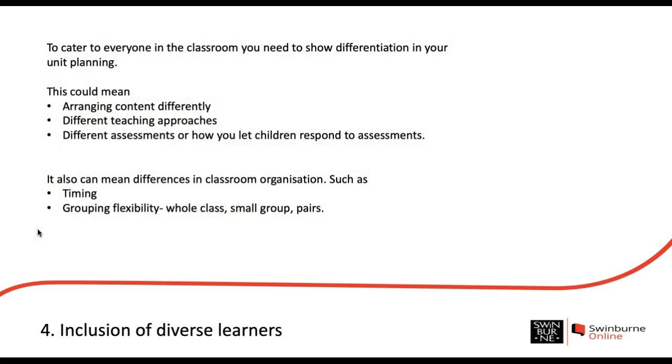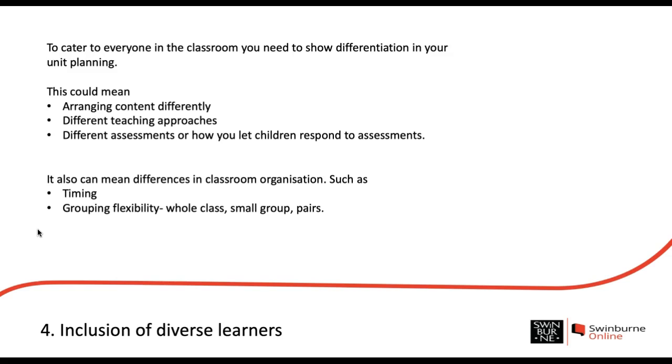30% of the mark goes to talking about diverse learners. So it's a really important thing that if you don't cover, you've got a bit of a hole in, I suppose, the marks that can be awarded to you. So number 4 is inclusion of diverse learners. When you are writing your unit, and this is why it's one of the top 5 things to consider now, is to think